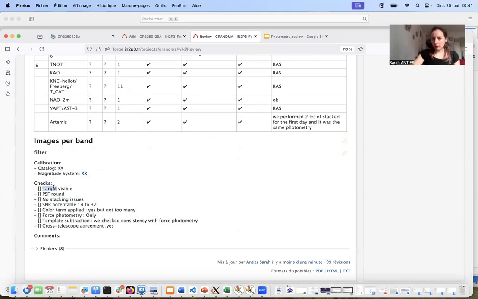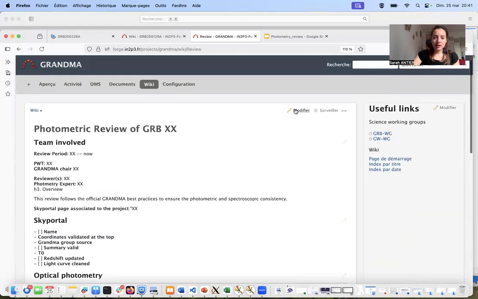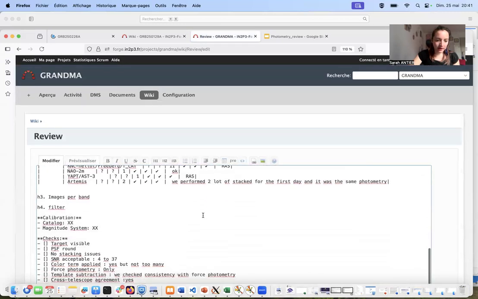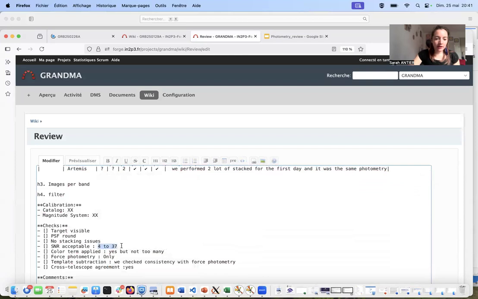You need to check for all the images if the target is visible, if the star looks like a star around it. If you think that there is no static setting issue, you write down a number for the SNR. So here I forgot to remove it. Oops. Then for all the images associated to this band, if the color term was applied, and then